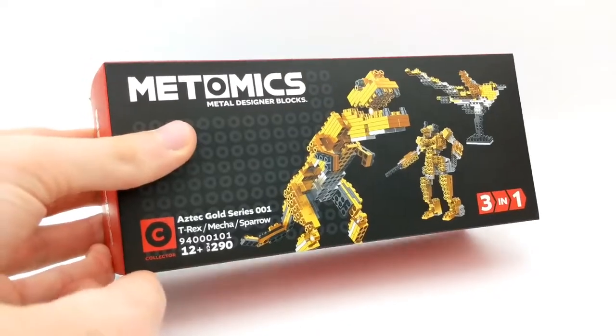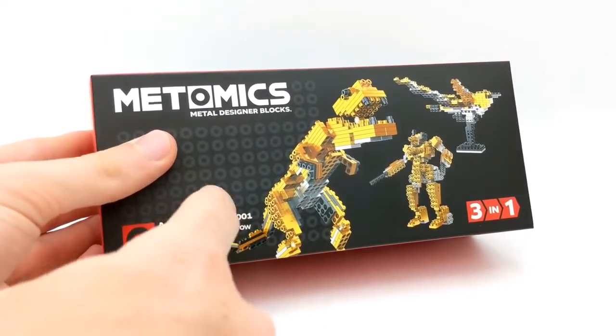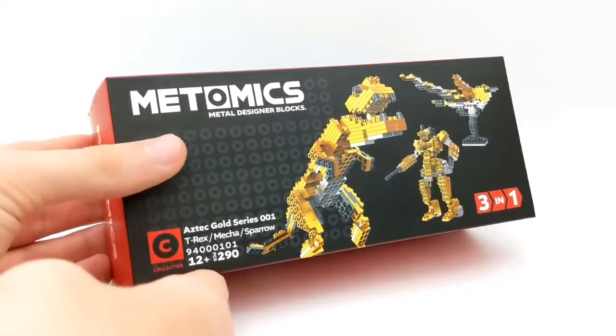As far as the other two models in this set, such as the Mech and Sparrow, I'll let you guys build and explore those on your own if you choose to purchase this set